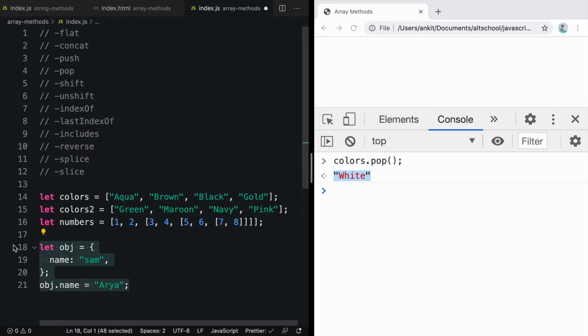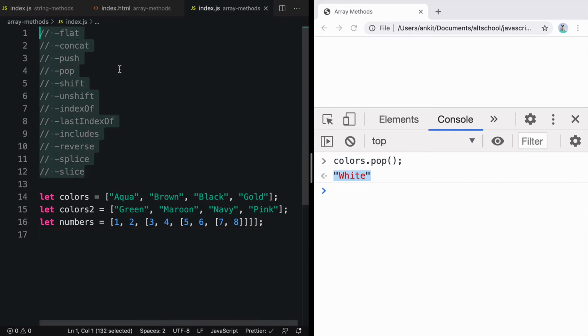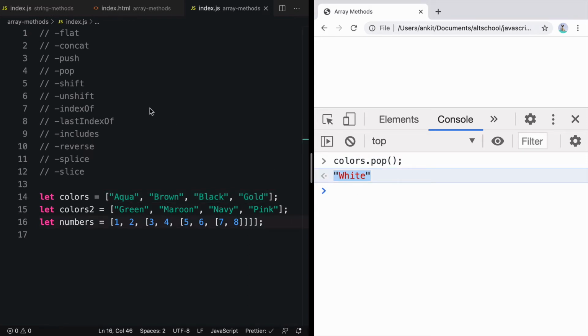That is known as mutation. We have to take care of that in non-primitive values. When we were talking about string methods, we were not talking about this concept, but because here we are talking about array methods, an array is an object, which is a non-primitive value, and a non-primitive value can be mutated. So some of these methods mutate the original value, and some of them don't.